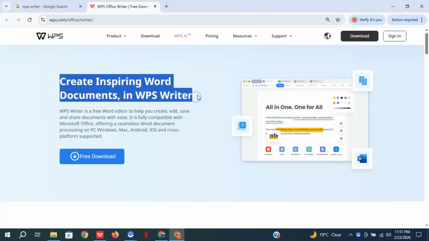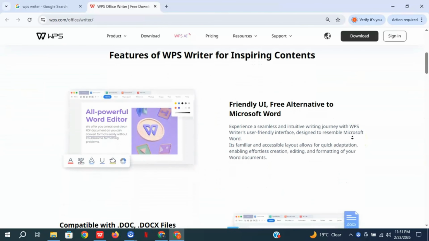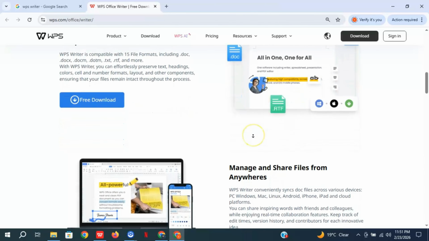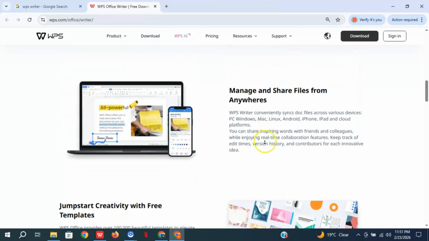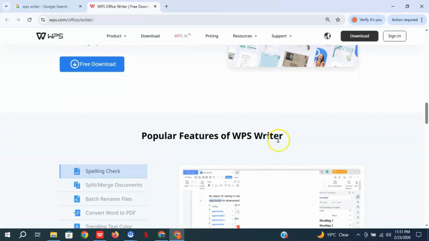Are you sharing important documents online and worrying about someone stealing your work? The easiest way to protect your intellectual property and establish copyright is by adding a custom watermark. In this video, I'm going to show you exactly how to add text and image watermarks to your documents using